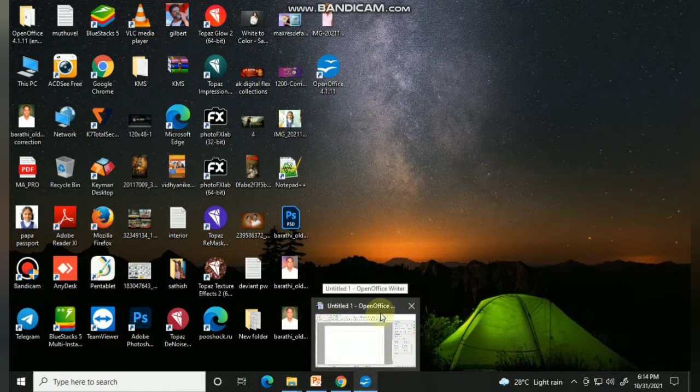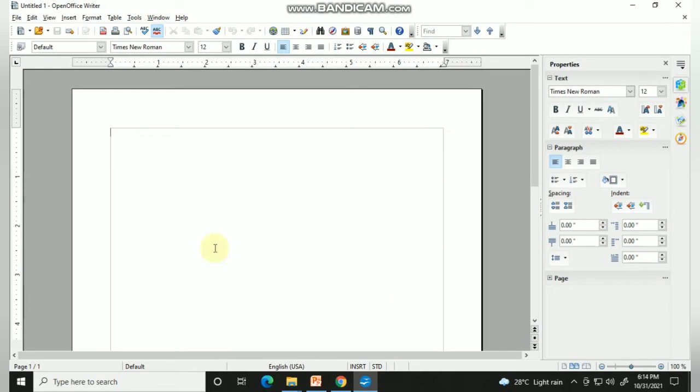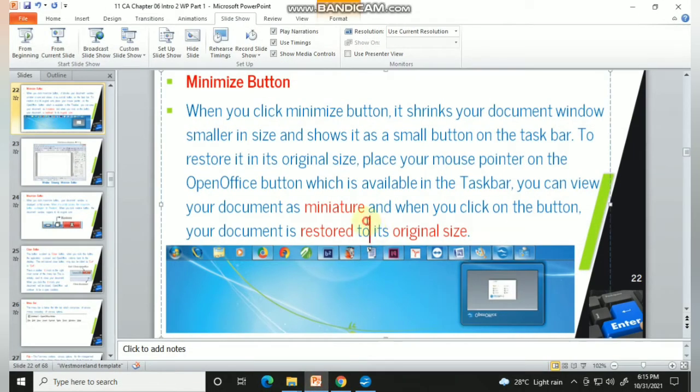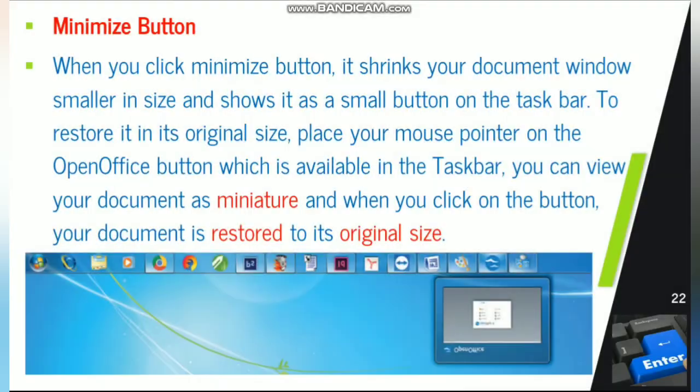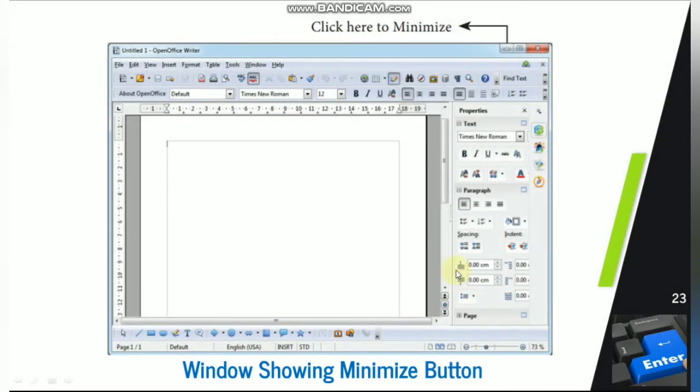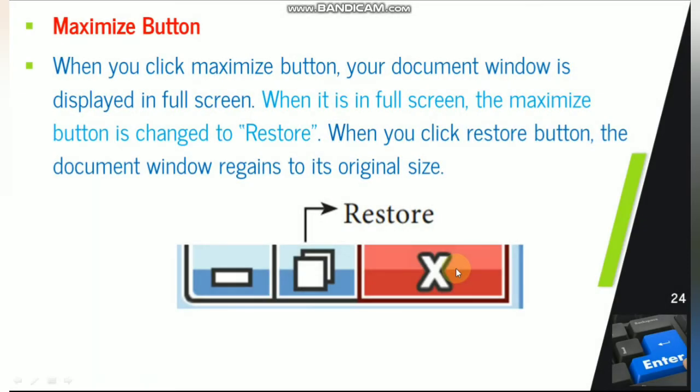This is called a miniature. If I press it, it will be maximized to its original size. So this is what has been discussed here. Then this is your maximize button.